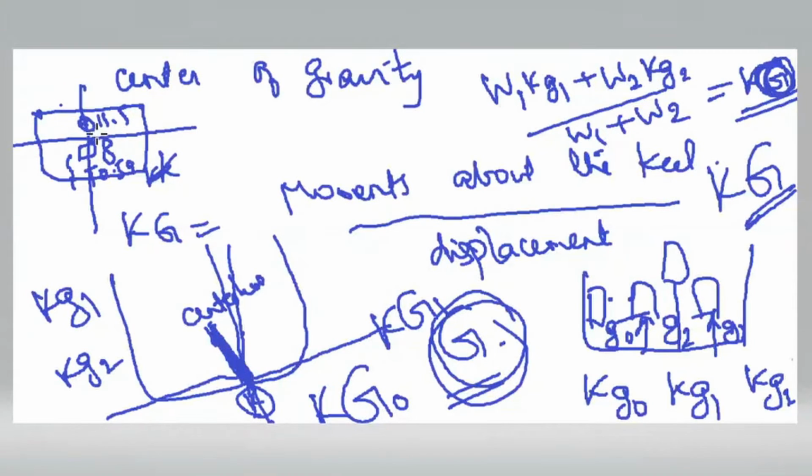So as you can imagine, this is the initial K, this is G0. This is where the initial center of gravity of the whole ship was before the weights were added at 0.59 and 11.5. Then this G0 will shift to a new point. If at 11.5 we add a bigger weight, the G0 will shift to the new point G1. The question is to find G0, G1.